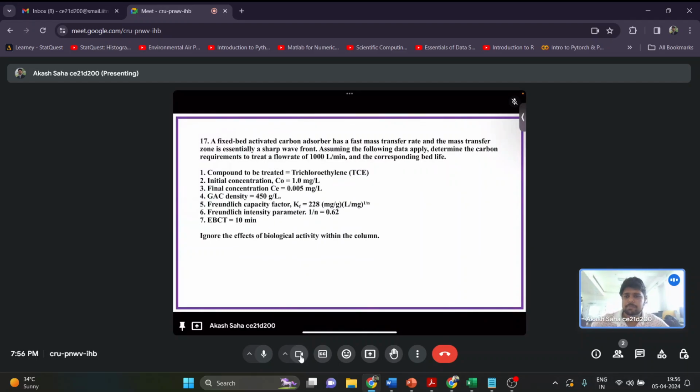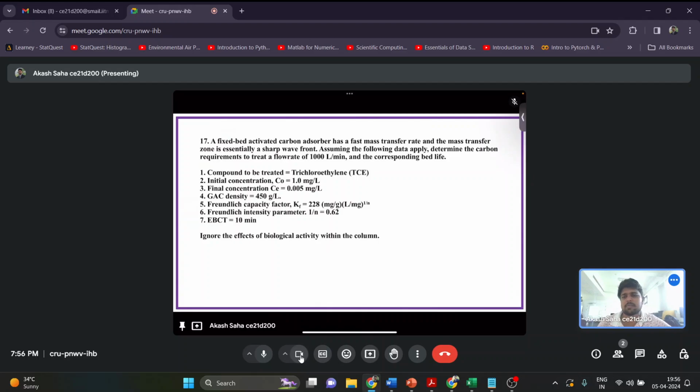Now 17th problem. A fixed bed activated carbon adsorber has a fast mass transfer rate and a mass transfer zone that is essentially a sharp wavefront. So this is the characteristic. Assuming that the following data apply, determine the carbon requirements to treat a flow rate of 1000 liters per minute and the corresponding bed life. So here we have to find out the carbon required and also the corresponding bed life to treat